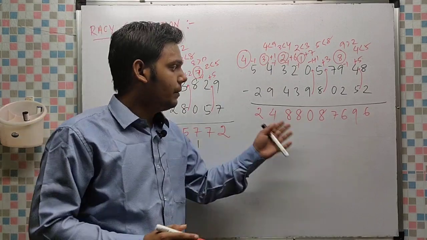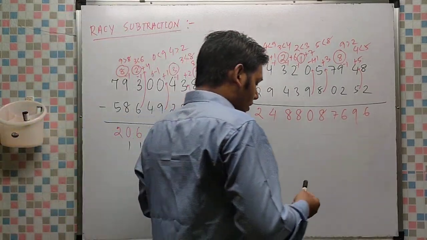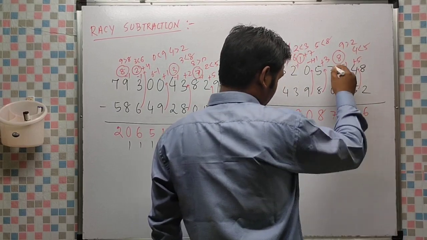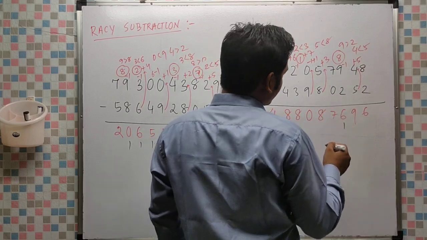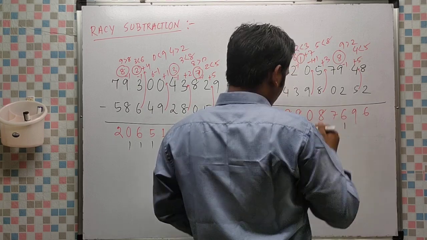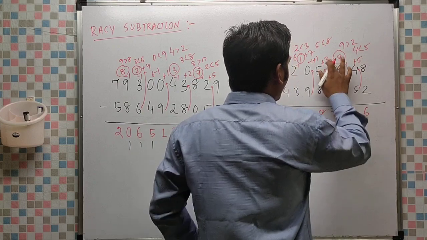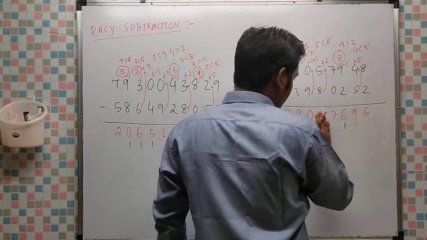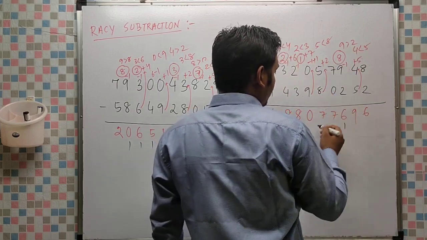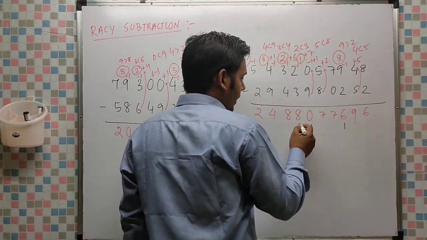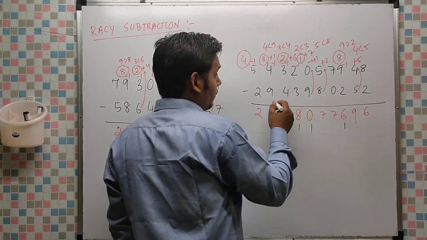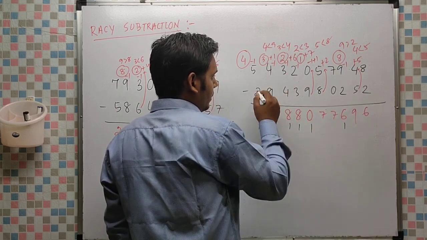Now do this in reverse order, you will get the same answer. 6 2 8, 9 9 5 14, 1 carried, 1 6 7, 7 2 9, 7 plus 0, 7, 8. So here we have to add a 2, because 8 complement is 2, so this digit will be 7. Now 7 8 15, 15 means 1 carried, 1 0 1, 1 1 9 10, again 1 carried, 1 8 9, 9 3 12, again 1 carried, 1 8 9, 9 4 13, again 1 carried, 4 1 5, 5 9 14, again 1 carried, 1 2 3, 3 2 5.